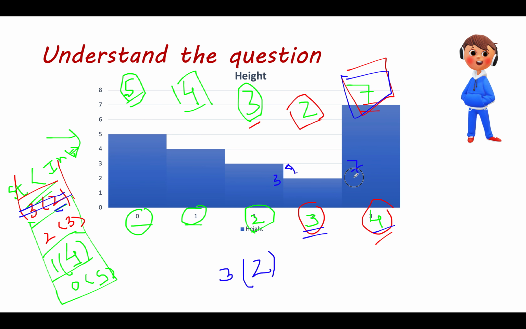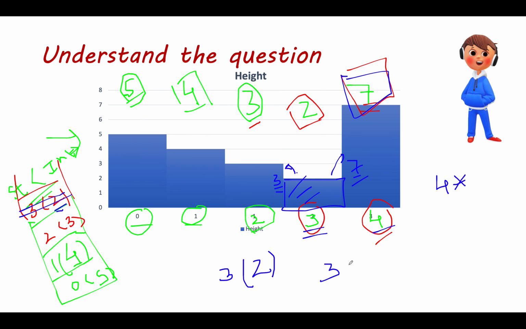So you can calculate the area that is bounded by this particular bar, provided you know its leftmost boundary and rightmost boundary. That would be nothing but the minimum of 3, 7, which is 3, minus the height at this particular element.